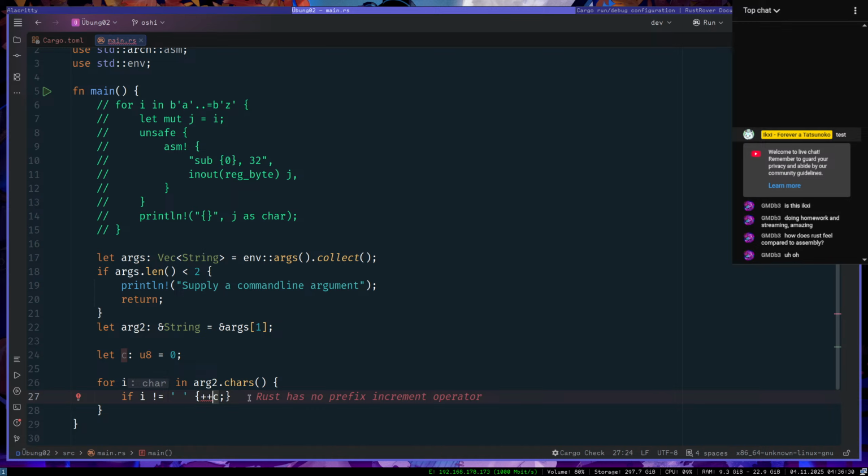Yes, this is an error. It's like so many people have tried it that they made a specific error message just for this. Okay, if you make a specific error message just for this, why not just implement it?